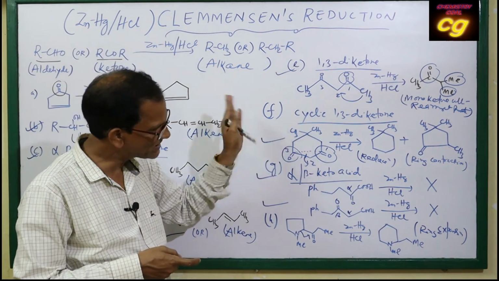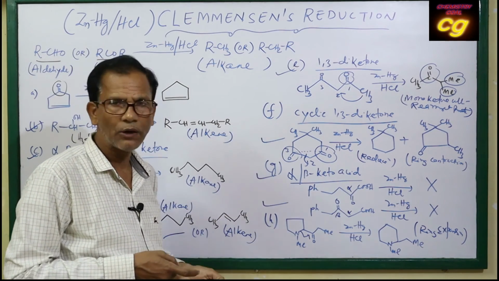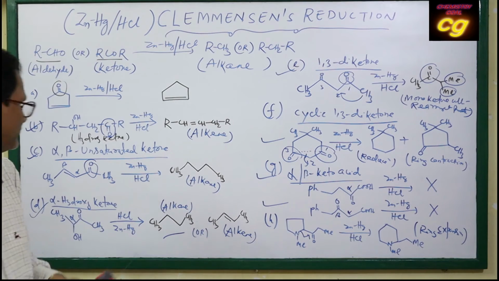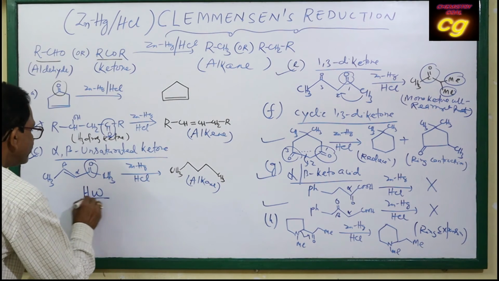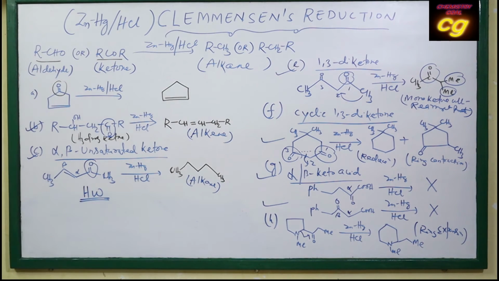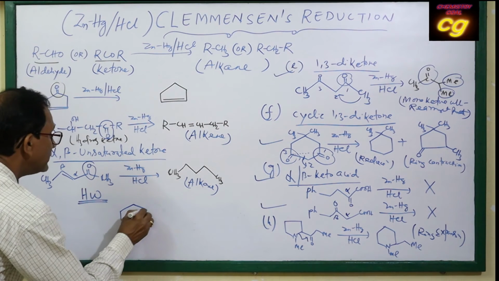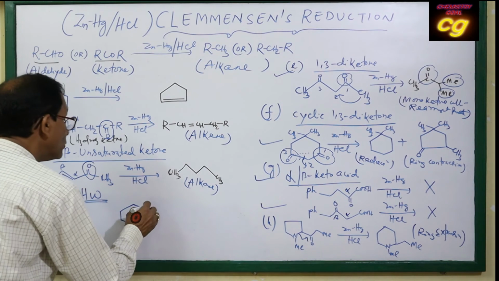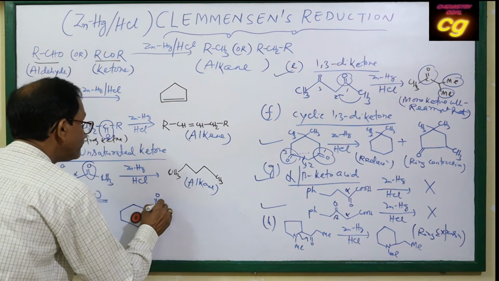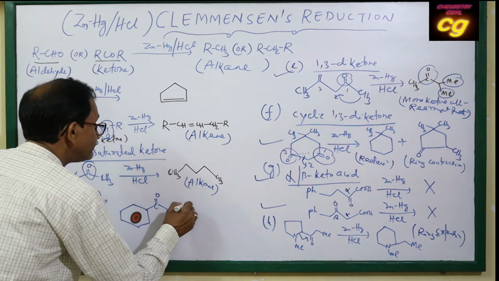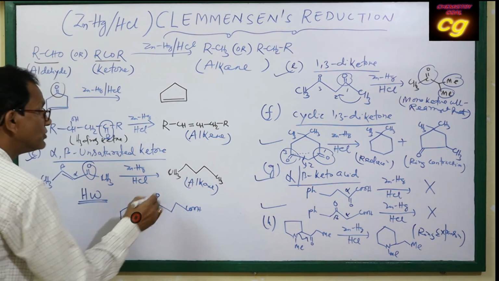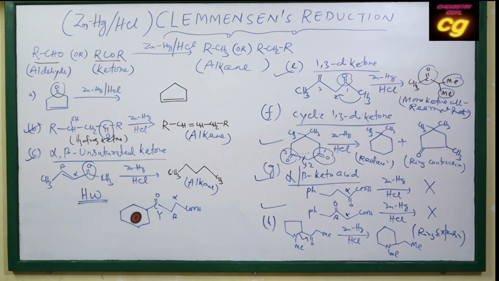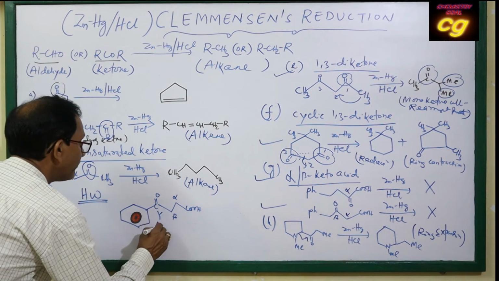What are the basic concepts, we already discussed. Now I will give some homework question for you. You can write these things. Okay. The homework is like this. If you take a cyclic compound, this is a cyclic compound, keto group is there here. So this is your alpha, this is your beta, this is your gamma. This compound, suppose this is A.